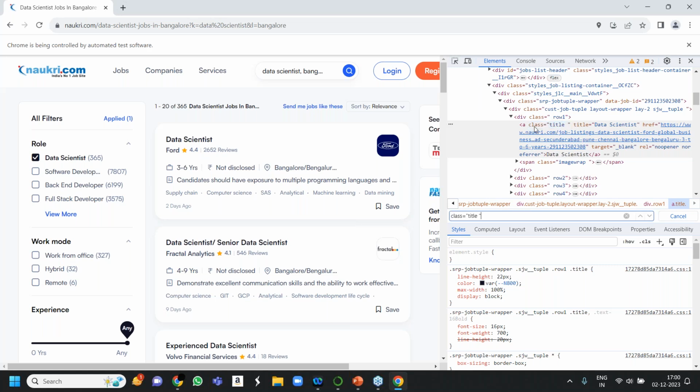Control V will paste. Okay. You need to put a square bracket at the starting and ending. This is the first step. Second step is you need to put the at the rate symbol before class. Okay. Then outside the bracket, you need to put double slash, then tag name. Tag name is a.